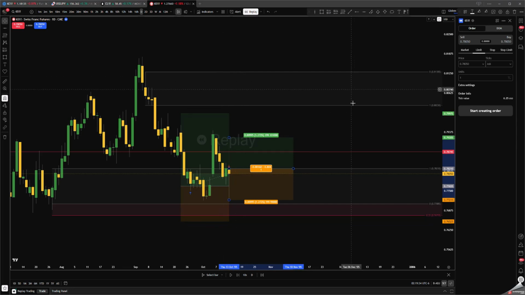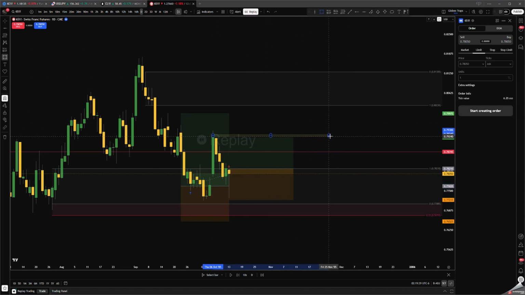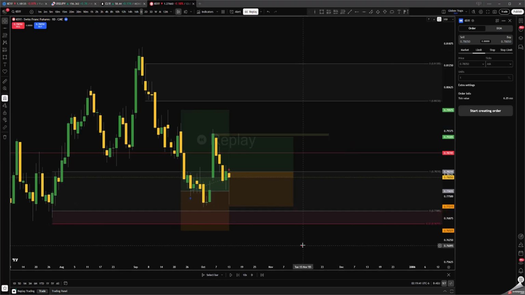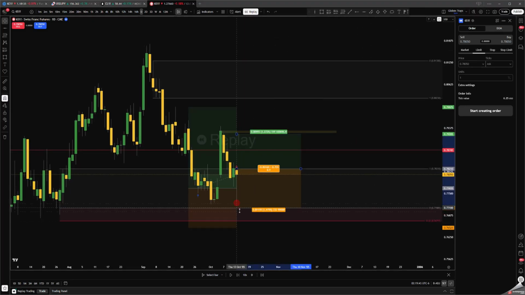And also there's a gap here too. Entry would be buy stop slightly above this candle and here,